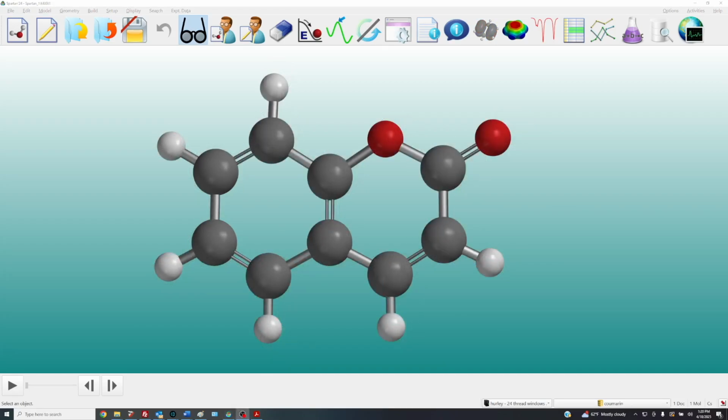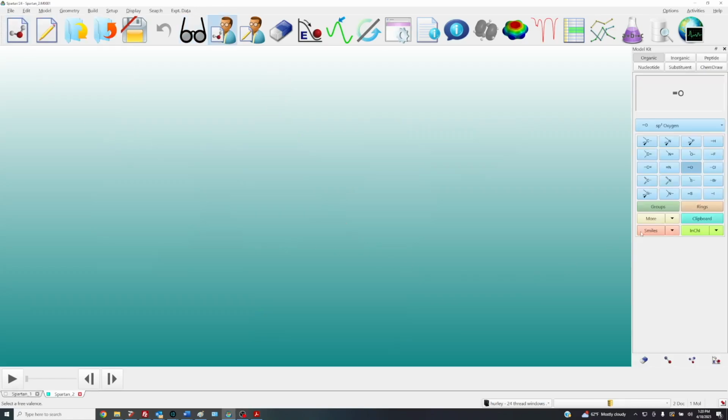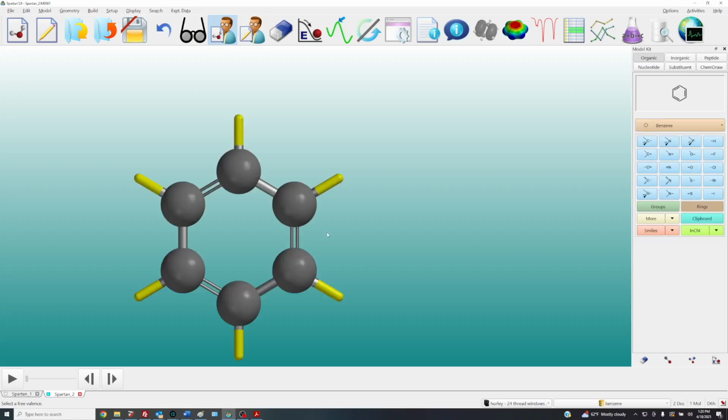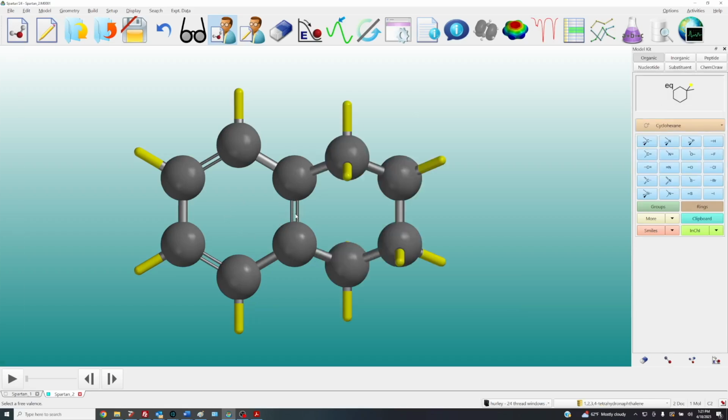Okay, let's use coumarin as an example to demonstrate one of the last two items, which is just fused rings. There was another way we could have built coumarin. Let me just demonstrate that. If I go to the File menu, New Build, and let me go to the Rings menu under the Organic Builder, and let's choose benzene, double-click to insert. Let's go back to the selection bar and choose cyclohexane, and then double-click on one of these double bonds over here, so just double-click. That will fuse a cyclohexane ring here, and now we just need to do some modification